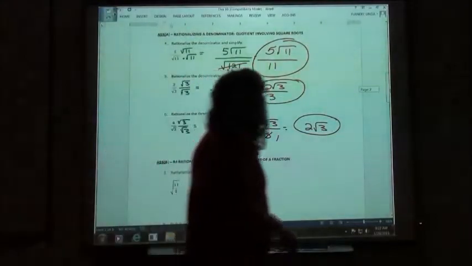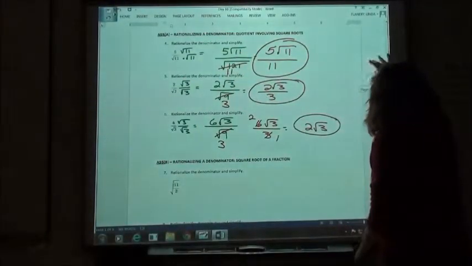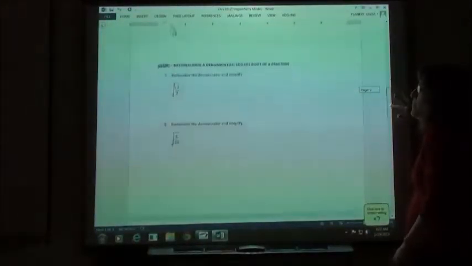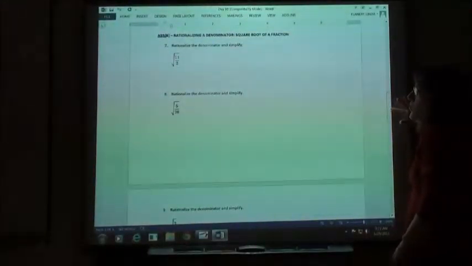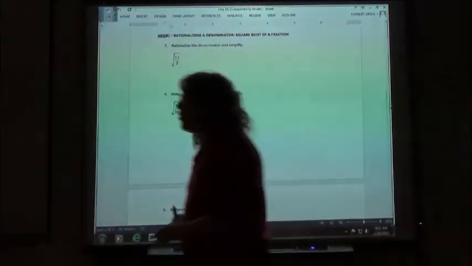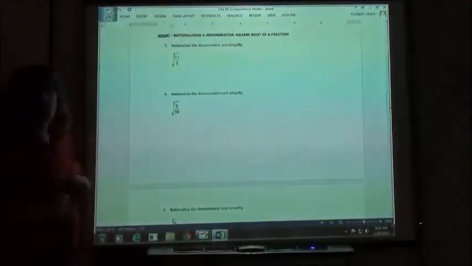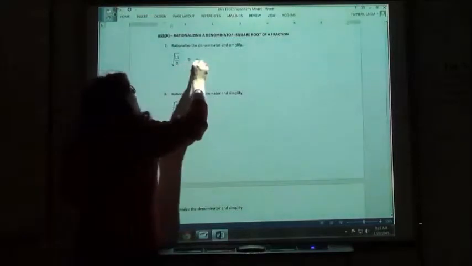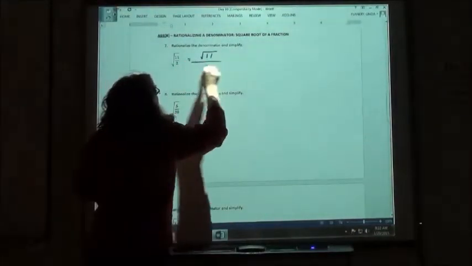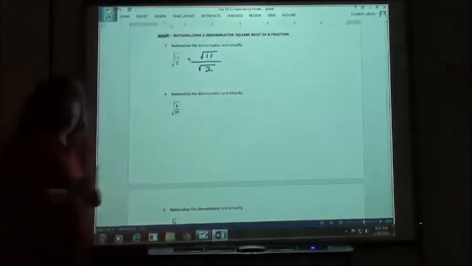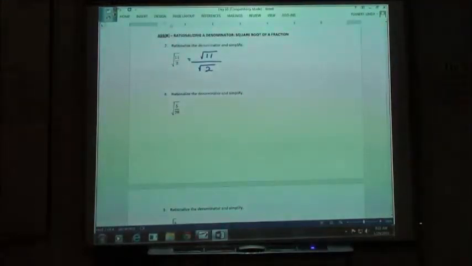Now when we do the next three, they're going to be very similar to what we did here. Only now we're also going to have square roots on the top sometimes and various other things. So number 7, first of all, they want to get across that if the whole fraction is under the square root, I can rewrite it as the square root of 11 over the square root of 2. I then want to rationalize the denominator, so I'm going to multiply by